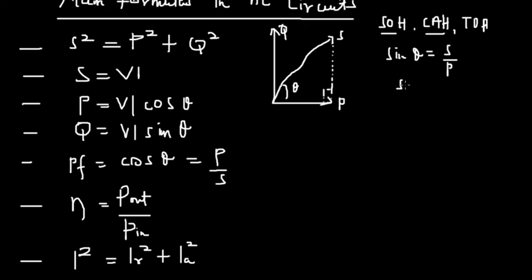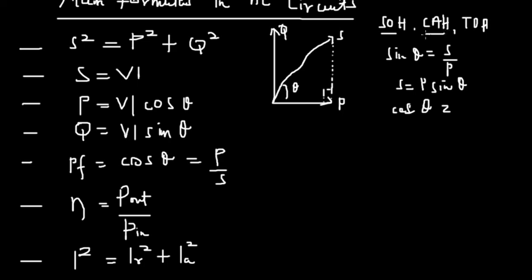In order to find S, S is equal to P sine theta. This is the formula for S, the apparent power. Now let's find P. For P, let's use cos theta. Cos theta is equal to adjacent over